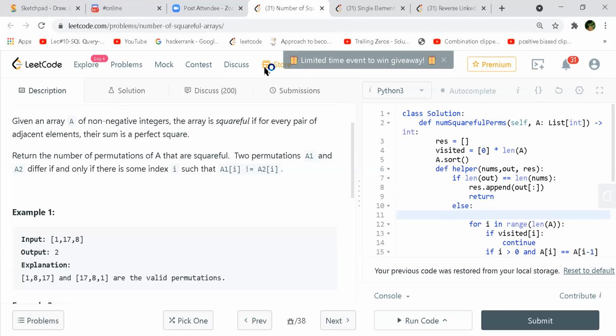Yeah, it's just the count we have to return. Okay, exactly. So brute force is just generating permutations and checking the conditions, right? Whenever you are generating a permutation, at that time itself you could check. So that will be a slightly better brute force, on the fly itself. If they are square full, then only you go ahead, or else you don't go ahead in the recursion. You just prune it from there, as you said.